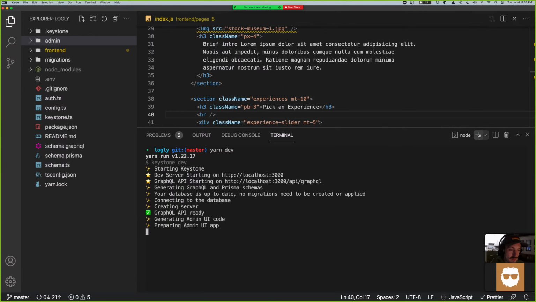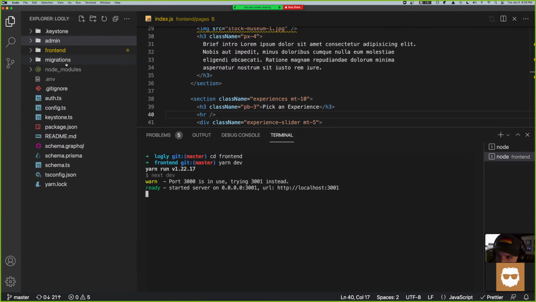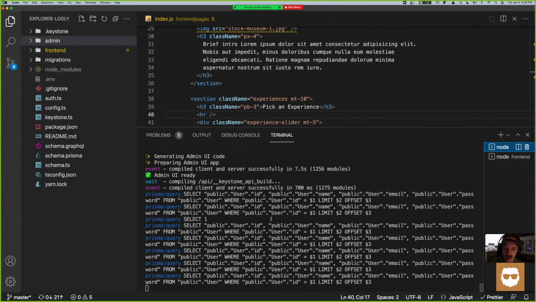Then if we cd into front end, we can run yarn dev for a Next.js app. And as you'll see, it loads on port 3001 because Keystone took the other port.